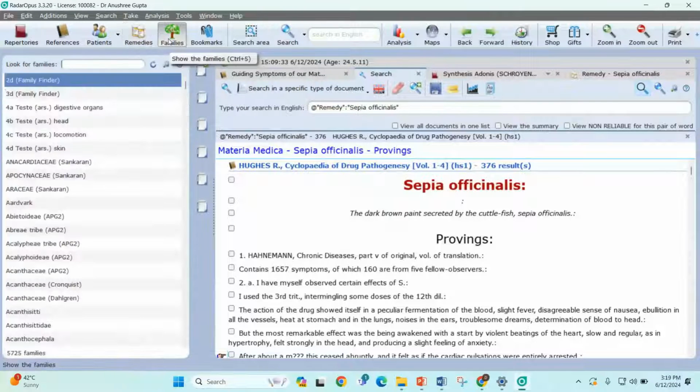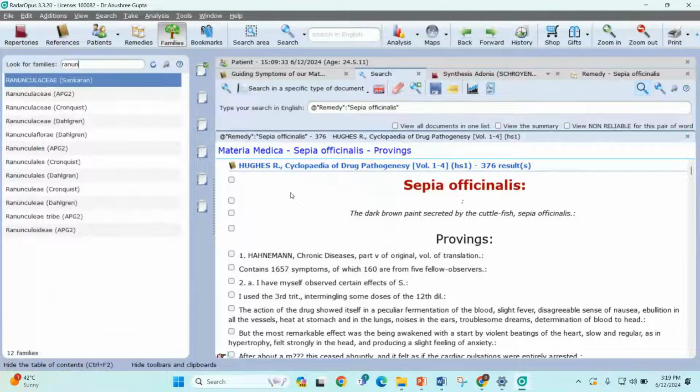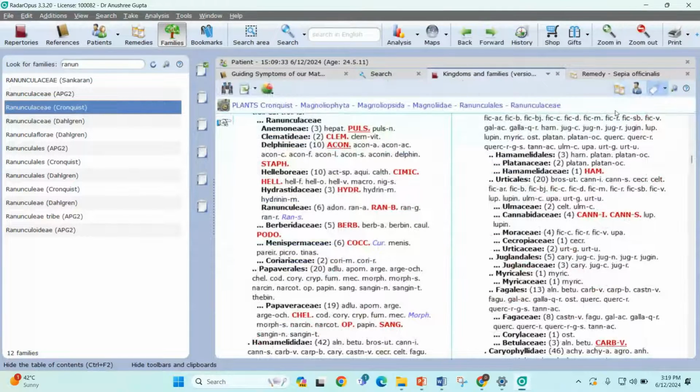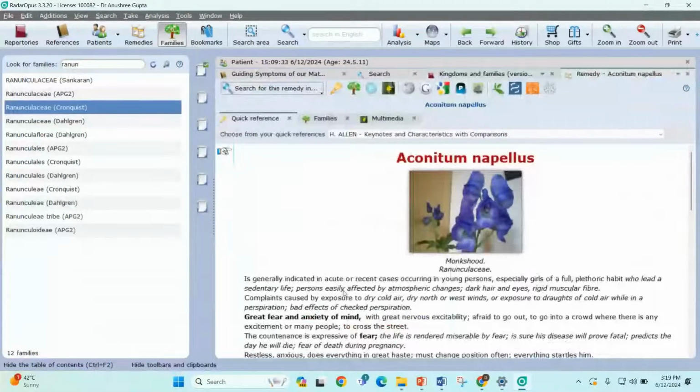Next to this is this families icon, where you can read about the different homeopathic families. So you just need to mention the initials of the family and you click on your family. On the right hand side, you will see the complete classification of all the family. And next you will see all the subclasses that belong to that family and all the drugs belonging to that family. You just need to click on any family member and that drug opens in a new page. So this is how you read about the various drugs that belong to a particular family from this family's icon.